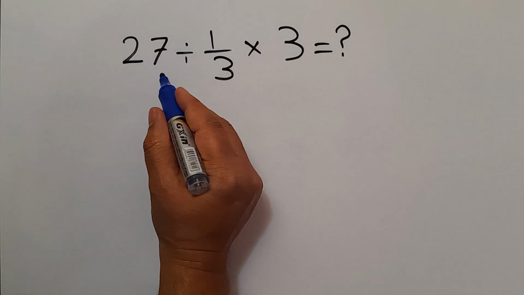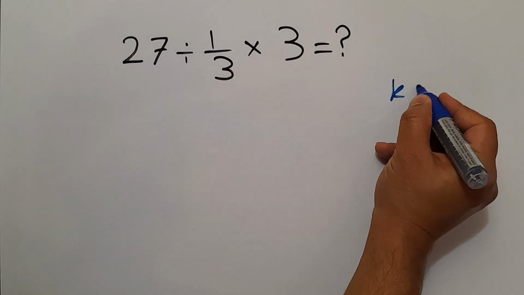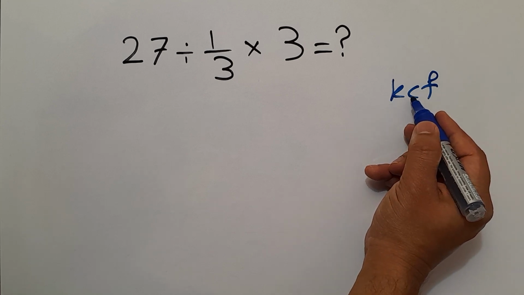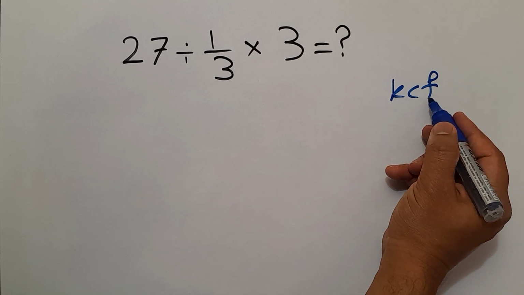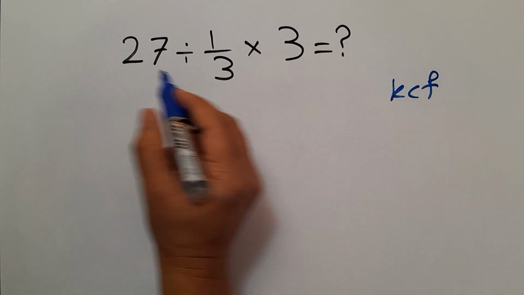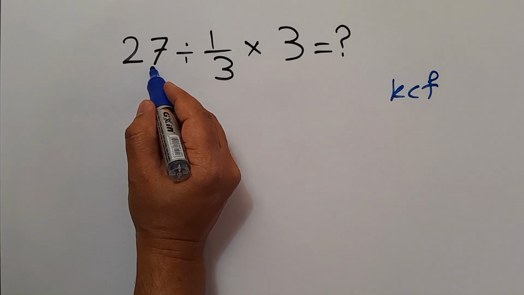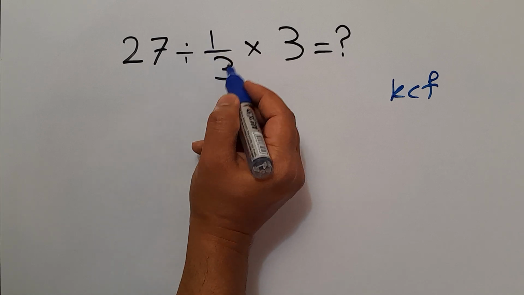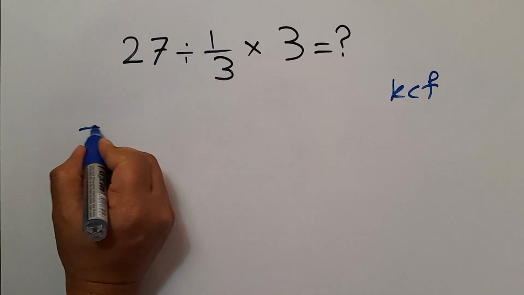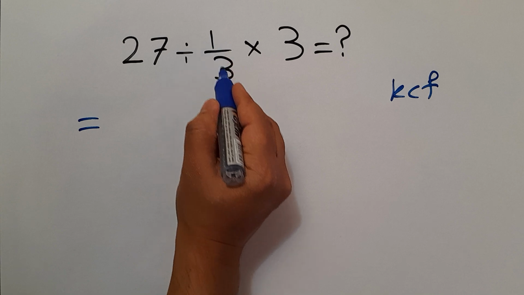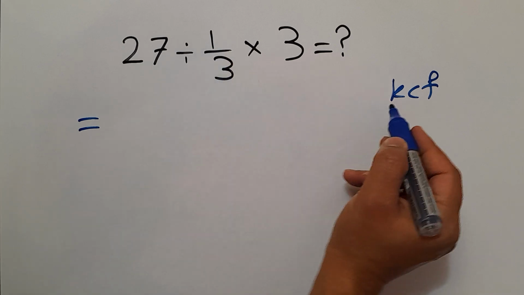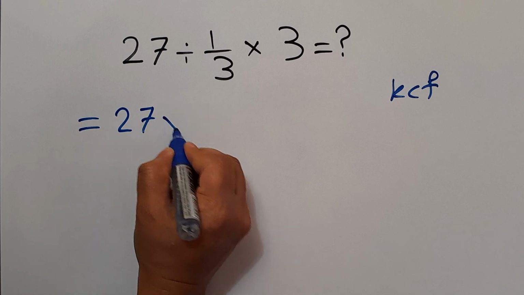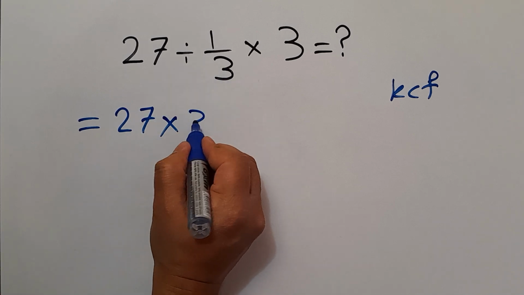And here, according to the KCF rule, K stands for keep, C stands for change, and F stands for flip. Keep the first fraction, change division to multiplication, and flip the second fraction. So 27 divided by 1 over 3, according to the KCF rule, can be written as 27 times just 3